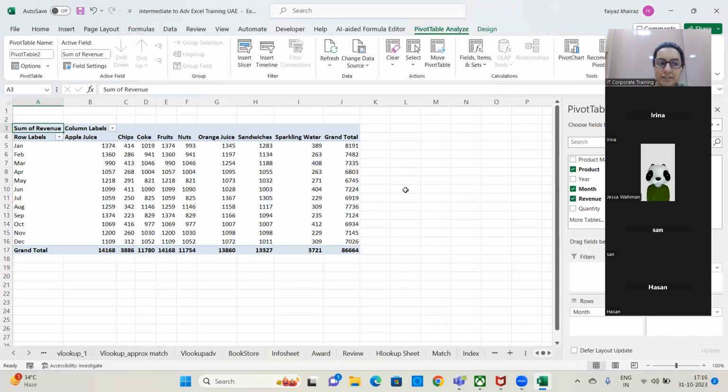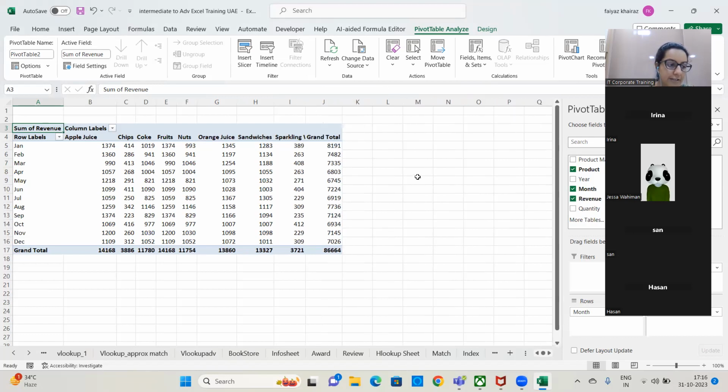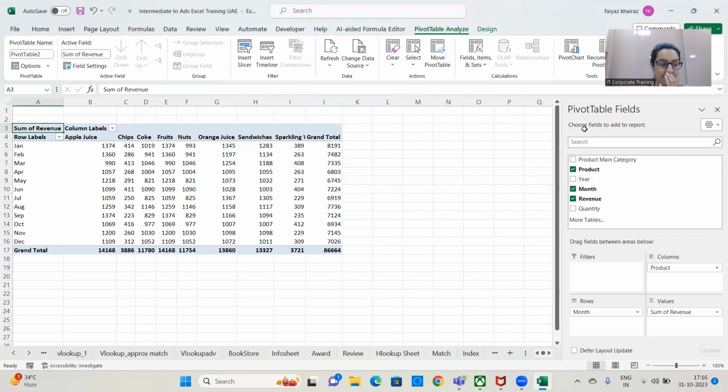Is it clear, everyone? So here you can make minor modifications and it will be good to go. So what you can do over here is, in this scenario, yes,